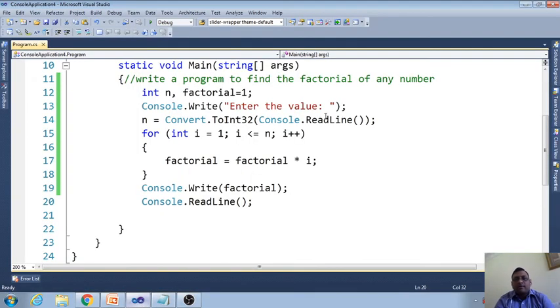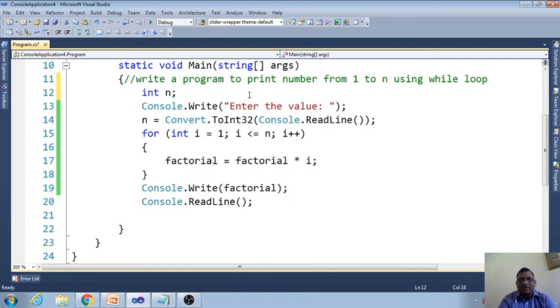So now I am going to write a program to print numbers from 1 to n using while loop. Okay, I'm changing this program. I'm not writing a fresh one.